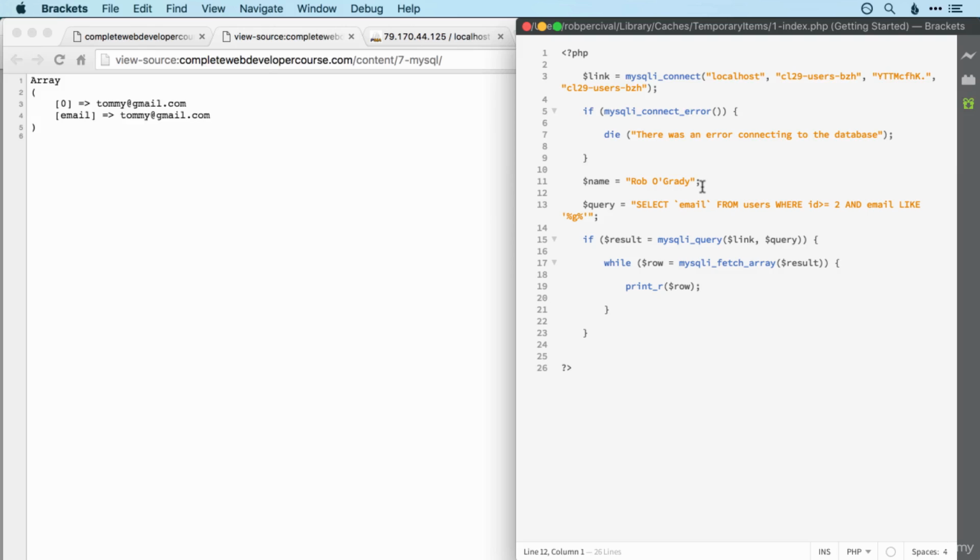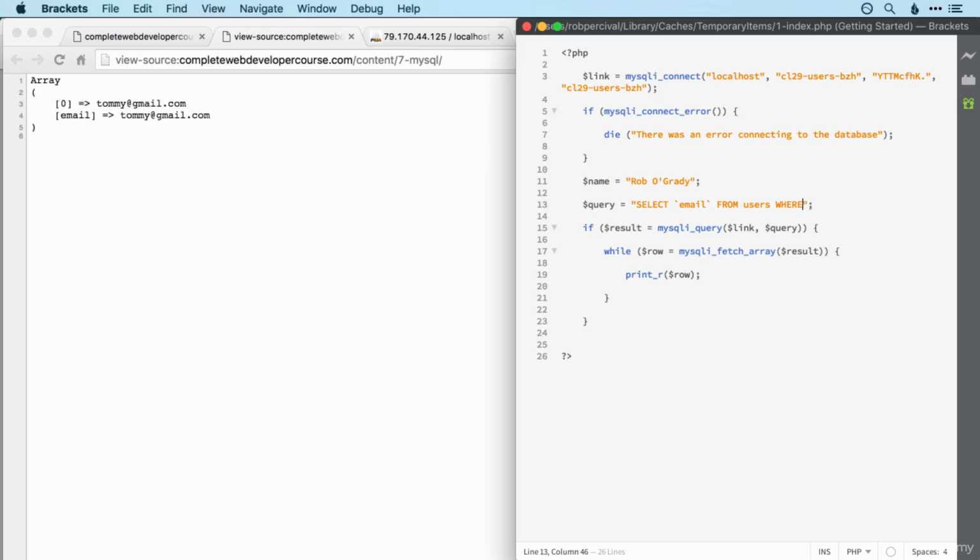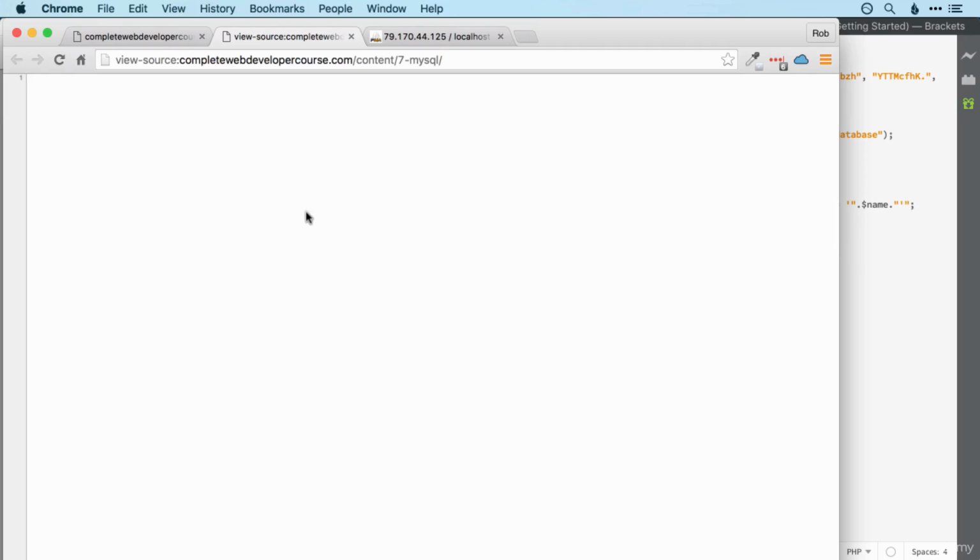Did you manage it? It was a bit of a trick, but what I was expecting you to do was keep that part of the query and then change the where clause to where name equals, and then in single quotes we have the name. So I'm using my concatenating full stop or period there to bring the name variable into the string, and it's inside these single quotes. So that looks like it should work, but if we save it and run it,